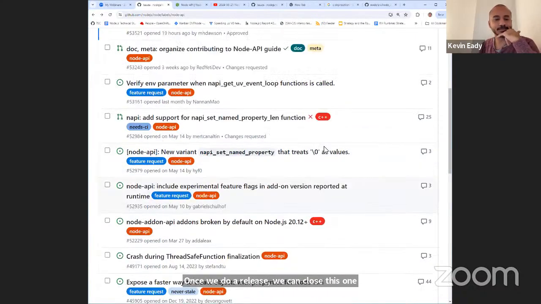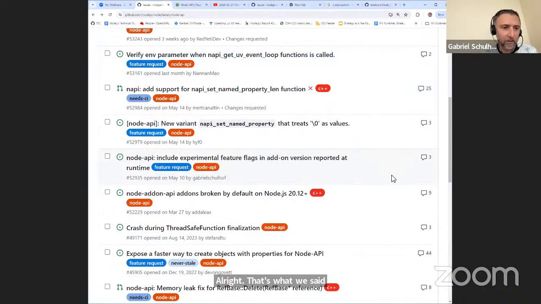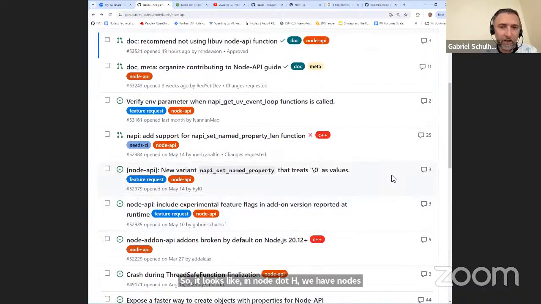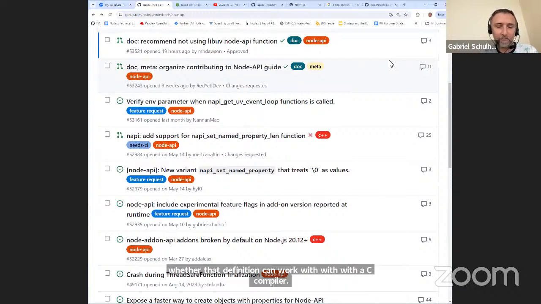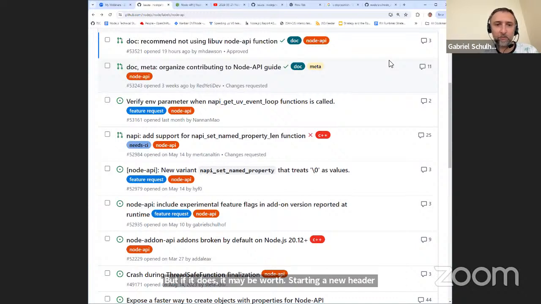Okay. So it looks like in node.h we have NODE_DEPRECATED. I haven't looked at how it's defined and whether that definition can work with a C compiler. But if it does, it may be worth starting a new header with macro definitions that work in both a C and a C++ compiler, and then we can reuse those in js_native_api.h. Because anybody else who adds a macro there in the future is going to find that their node build fails